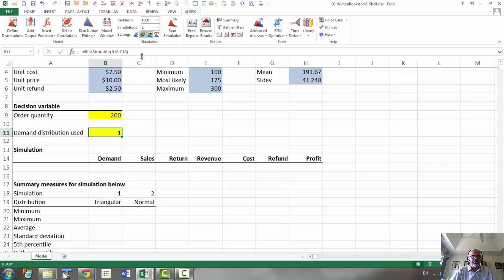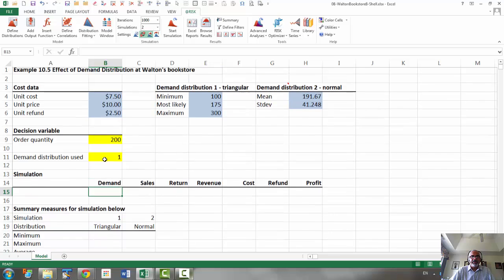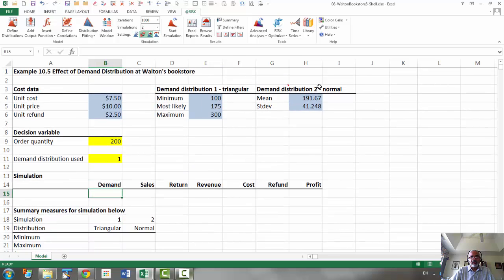So our demand is going to be either this or that. If the demand distribution used is 1, then we will use the RiskTriangular distribution. Otherwise, we will use the normal distribution. So our demand here is going to be,